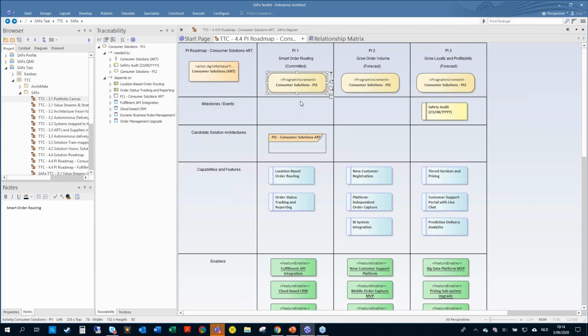As such, Sparx is there to help us out with the right amount of traceability. And so my PI1 is hooked up to the right amount of features and enablers. And the PI2 and the PI3, same deal, of course. This is a forecast. This is being committed, also good practice in Agile,